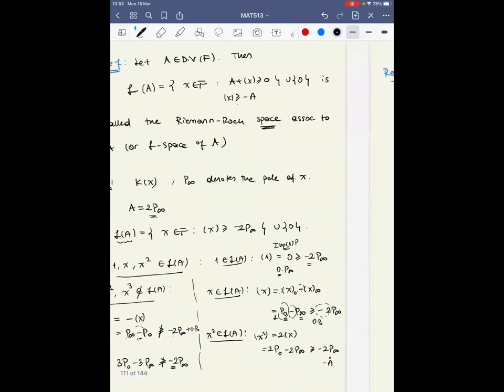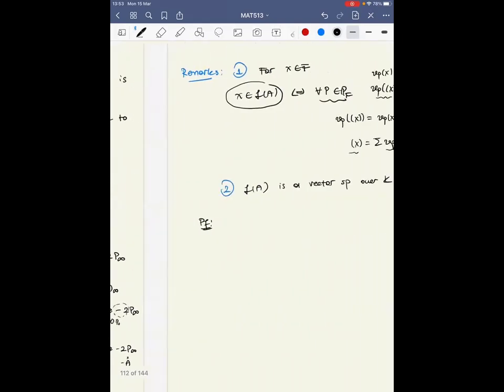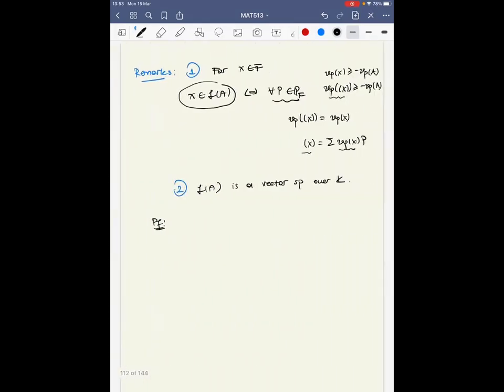And first, by the definition of the L space, we can see that it contains zero. So this is a non-empty set, by the definition. And if we consider a function x in the L space of A, and if you consider a non-zero constant c,